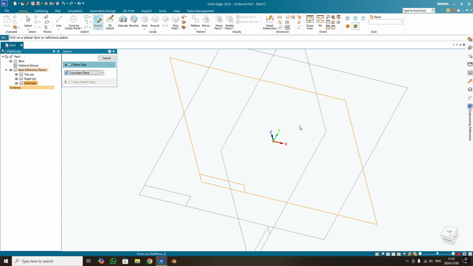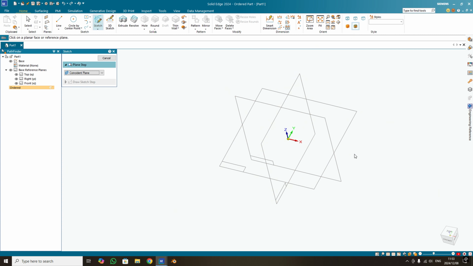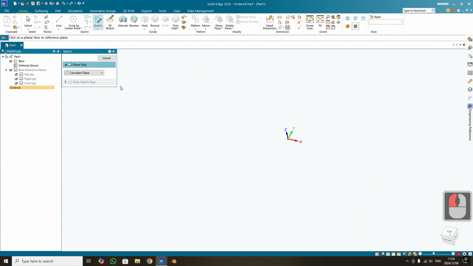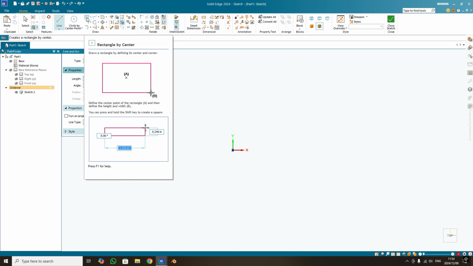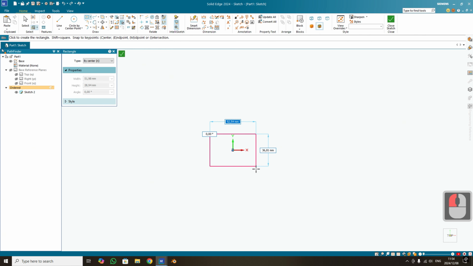So let's start with the first work plane that's going to be the most commonly used. That would be coincident plane. Now, when you start a sketch, you will see over here you'll have a few options to select which plane to be on. So we're going to leave that on coincident plane. You can select either the base reference planes or the plane on the coordinate system itself. Personally, I like to switch off the reference planes and just use these ones as they do the same thing. So we can select there the XY plane, and now you can create your sketch